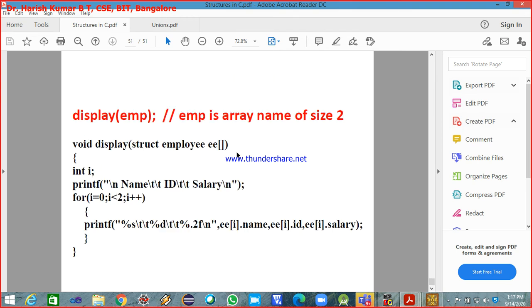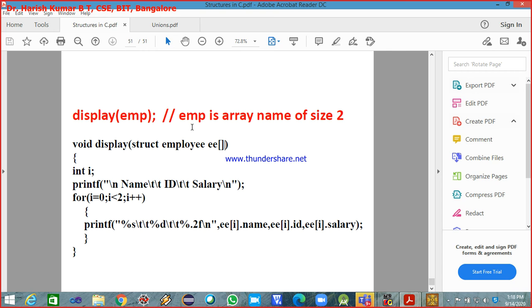Okay, now we are done. So this was the last thing. All the four ways of passing the structure members to the function we understood. First is passing the individual members of the structure, second is passing the whole structure to the function, the third we understood is passing the address of the structure, and fourth we understood how to pass an array of structures to the function as the formal parameter. These are the things we understood in the structure.